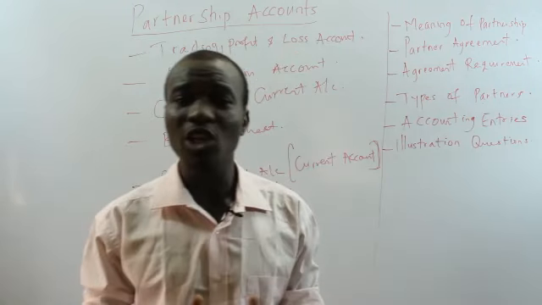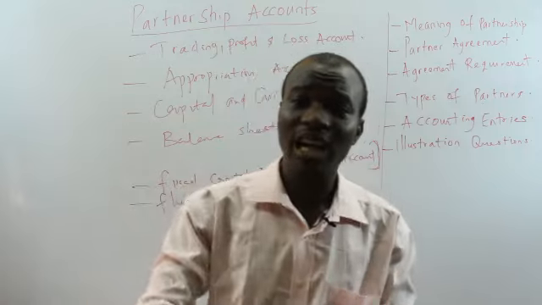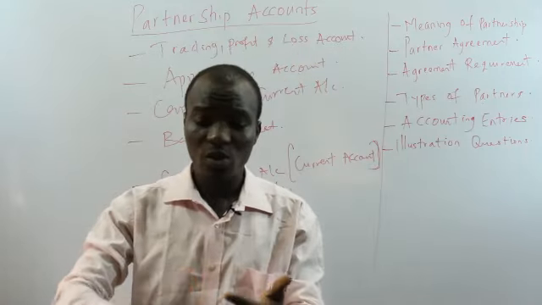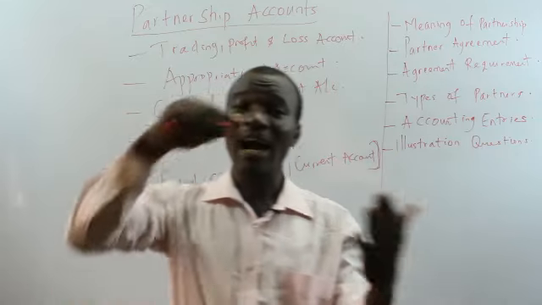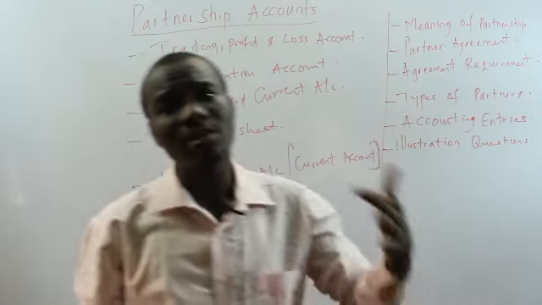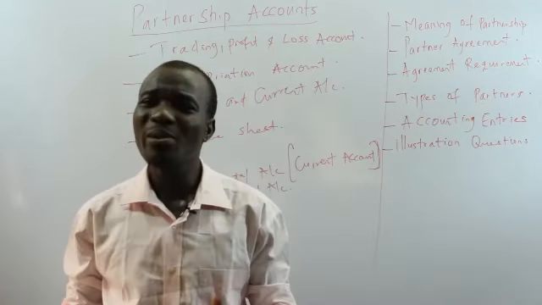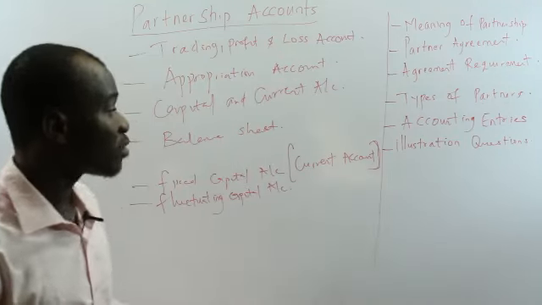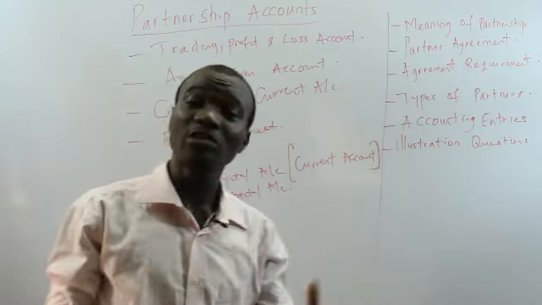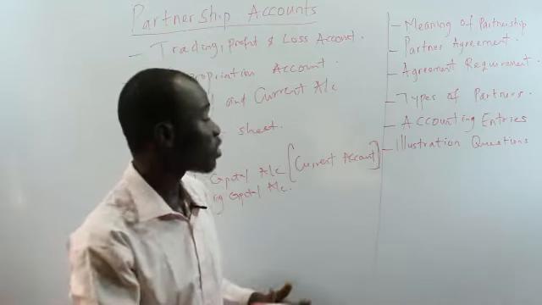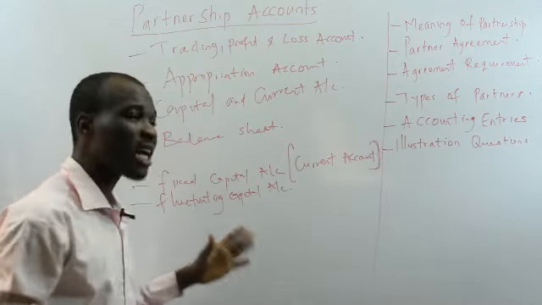So any form of adjustment like salaries, interest on drawings, interest on capital, share of profit, these are the adjustments to capital. Those adjustments can either increase the capital of the partner or reduce it. So such an adjustment will be taken to another form of account because the partner desires to maintain a fixed capital account. So it will be taken to another account, which we now term the current account.